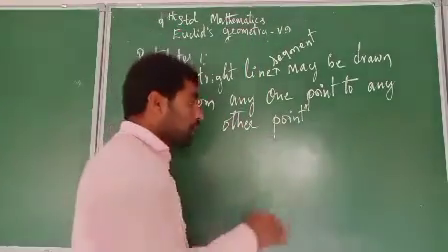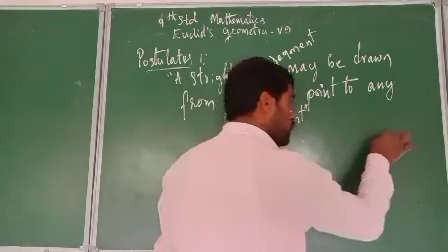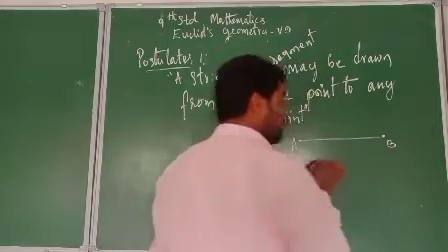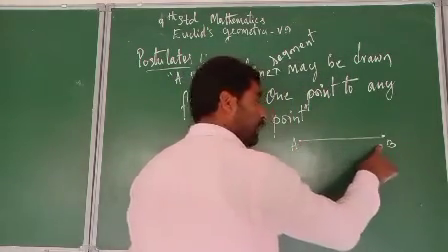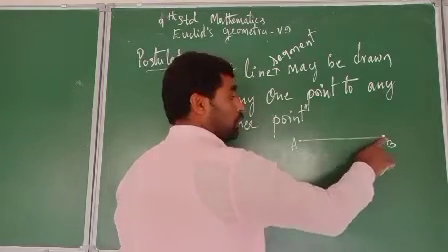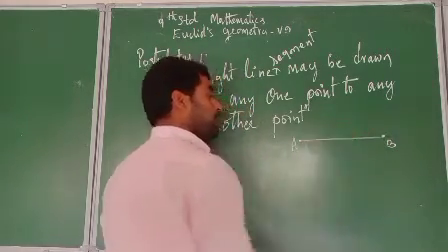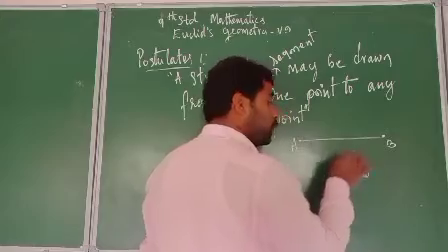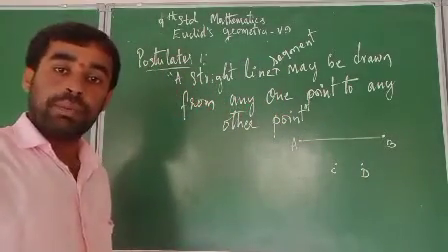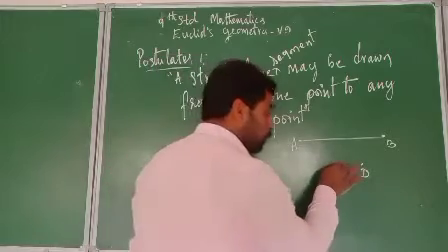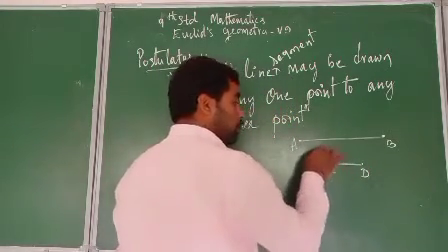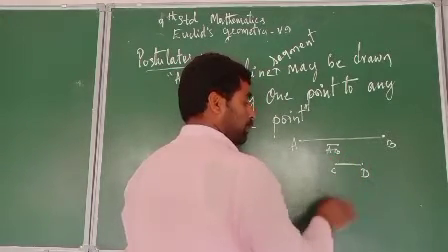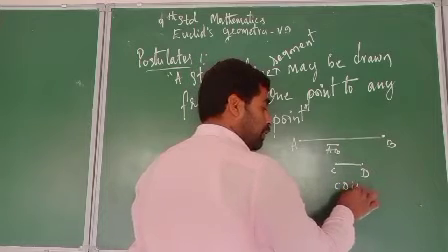Here I'll take a line. I'll take 2 points, mark them as A, B. If I join from A to B, a line segment AB is formed, joining the two endpoints A, B. Is it clear? If you take points C and D, the two distinct points, distinct point means separate point. Now I'll join from where to where? CD. Now your AB is a line segment and CD is a line segment.